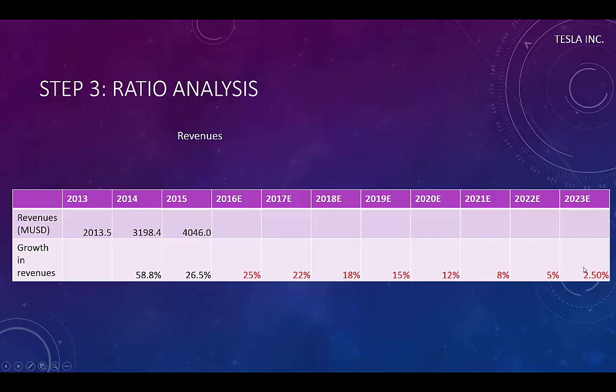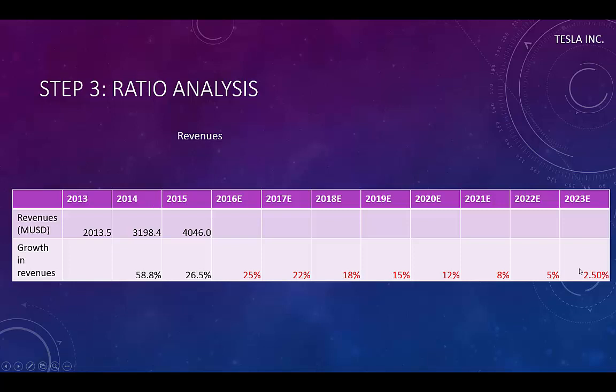The choice of the growth rate in the steady state period must be equal or lower than the assumed growth rate in the economy, for example measured by the GDP growth. It does not make sense to have a growth rate that is higher than that of the economy in general, since that implies that in the long run, the company will represent a very large part of the economy.